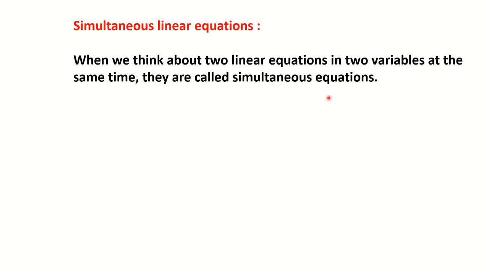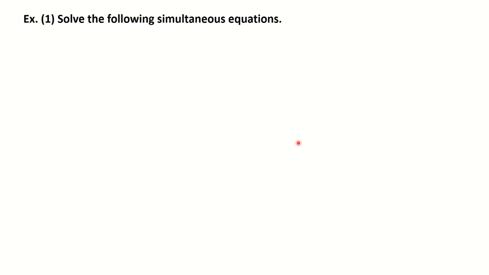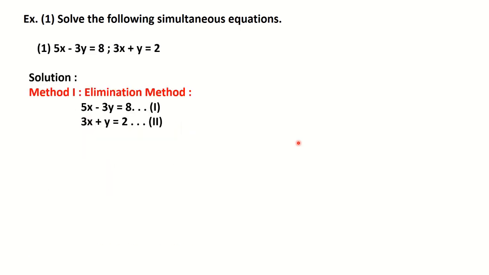Here we are going to solve the simultaneous equations which have a unique solution. That means one and only one solution. In ninth standard, we studied two different methods of solving simultaneous equations. Two methods were there in ninth standard, but because of COVID-19, the reduced syllabus, one method was removed from that. But now, here, we are going to learn that method. So let us first revise the first method from ninth standard, that is the elimination method.